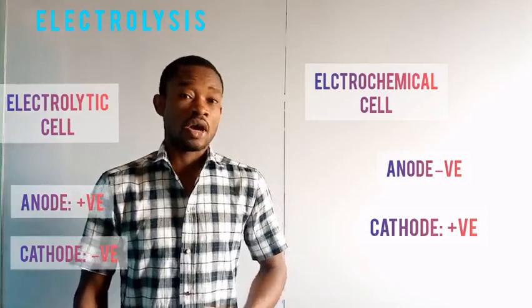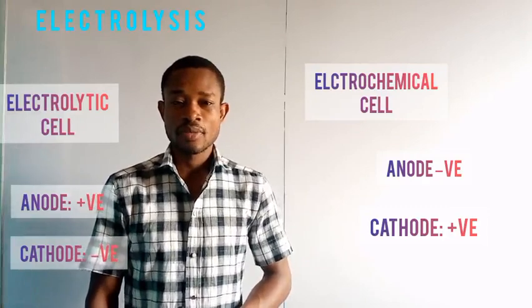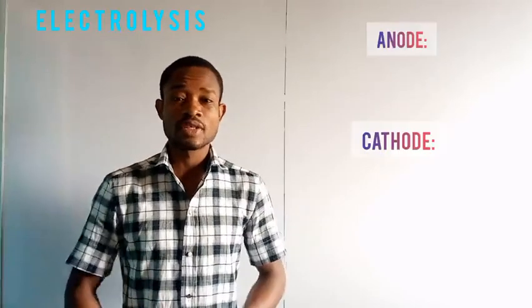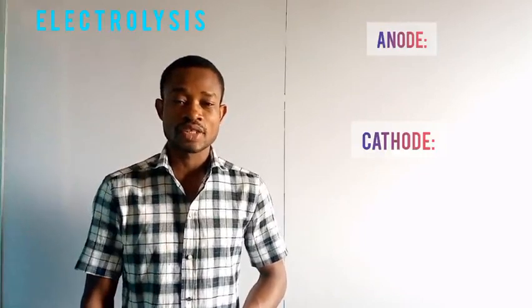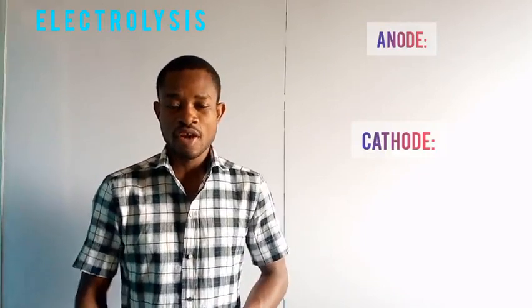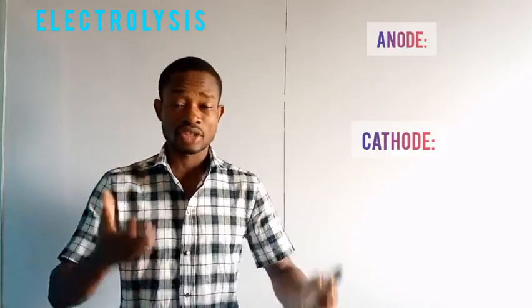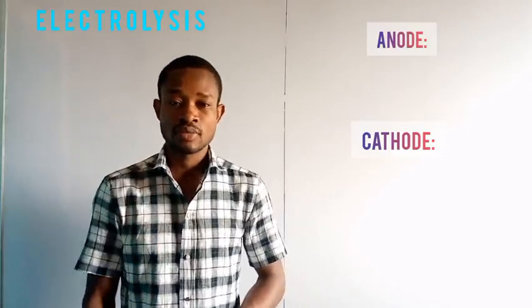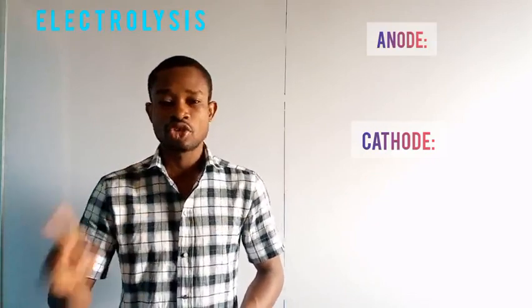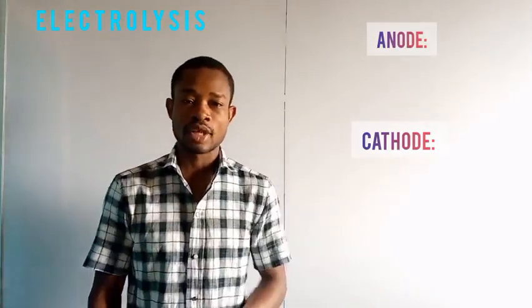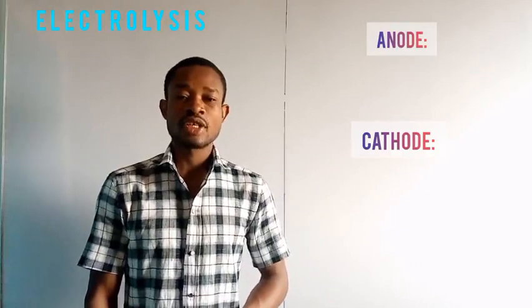During electrolysis or electrochemical processes, redox reaction takes place. In one of my videos, I talked about the concept of redox reaction, that is reduction and oxidation, because these are complementary reactions in any chemical process. Now, it's important for you to know that in both cells, whether electrolytic cell or electrochemical cell, oxidation takes place